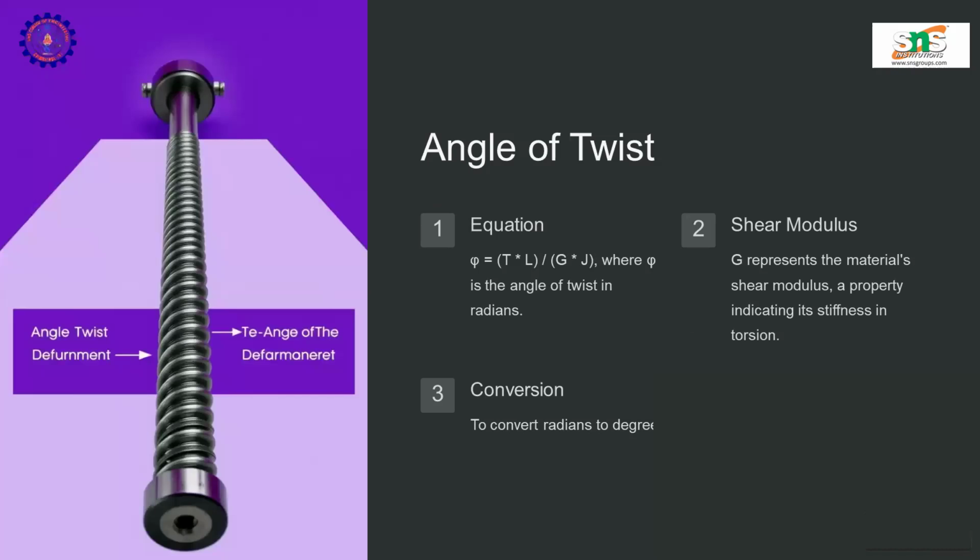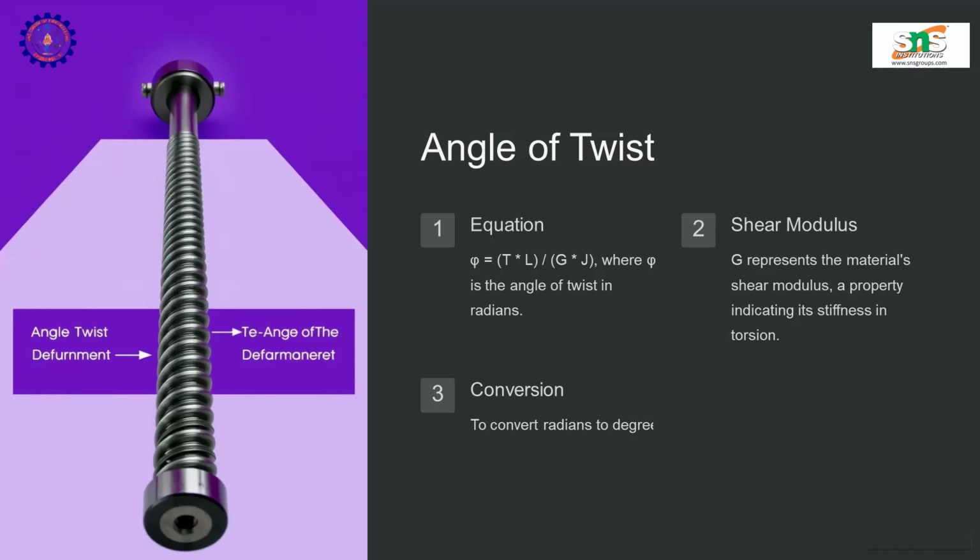So angle of twist. Angle of twist is nothing but the deflection of angle from one point to the other point. Whenever a shaft is subjected to equal and opposite forces, there forms a couple, and this couple tends to twist the material to a certain degree before it turns. So that twist, with reference to the axis, forms an angle, and that angle we call the angle